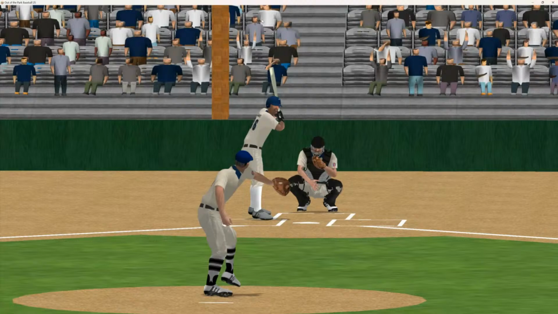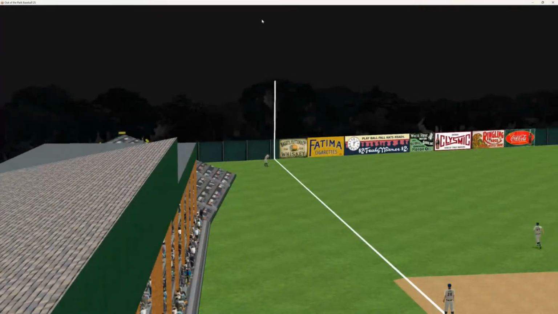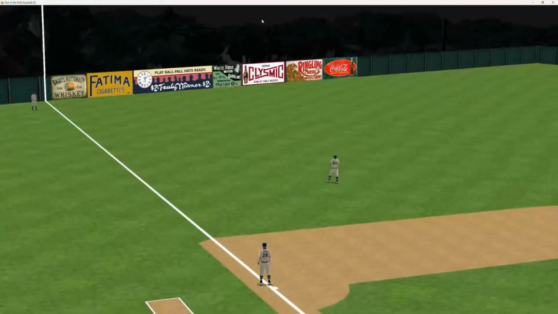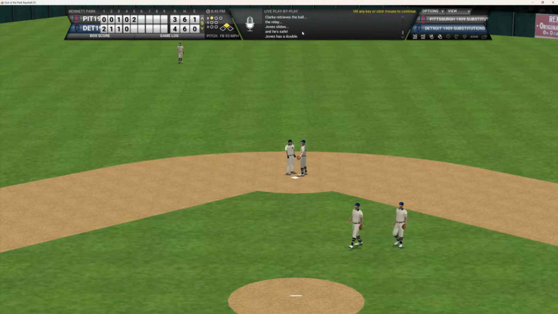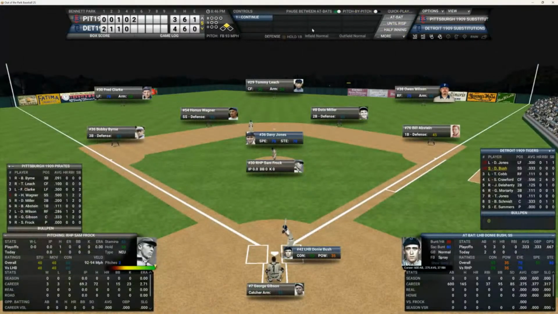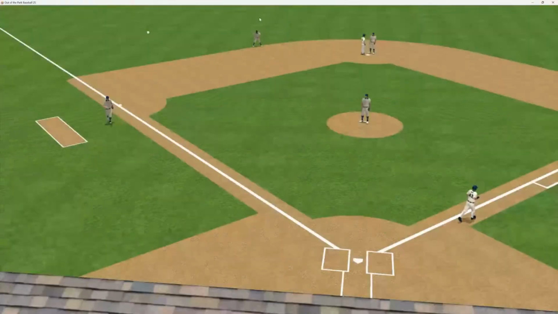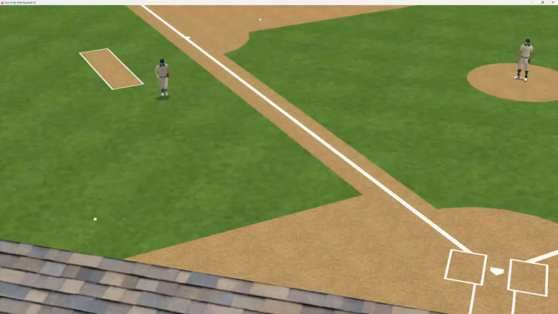Down inside the line. And that'll be at least a double for Davy. He ain't monkeying around on the day. So Jones is aboard with a leadoff double. And the Tigers trying to get those runs right back. Here comes Donnie Bush. He's 0 for 2 today. And that ball is popped up behind home plate. And that'll be out number 1.